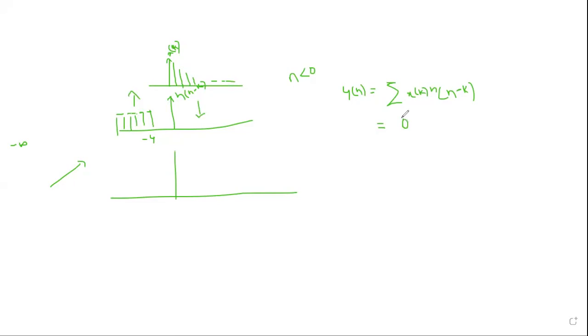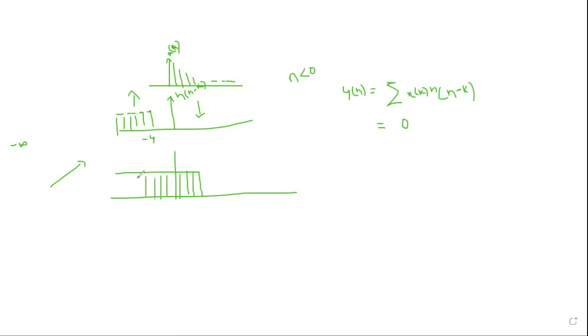For n equal to 0, is there an overlap? There is an overlap, sir. From where to where? At n equal to 0. Say at n equal to 1, is there any overlap? For n equal to 1, is there any overlap? Take your time. For n equal to 2, is there any overlap?